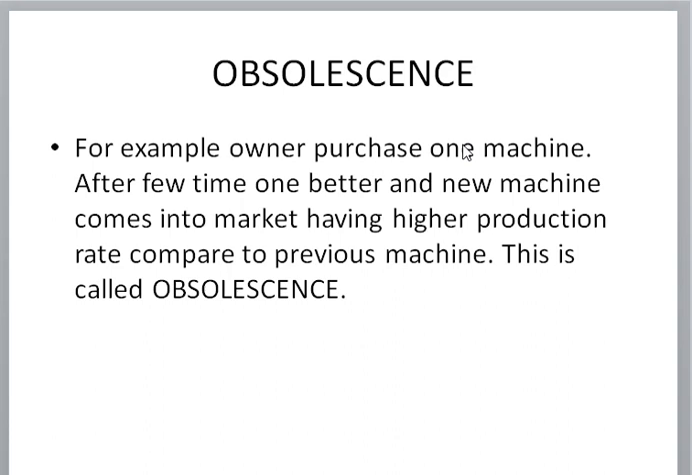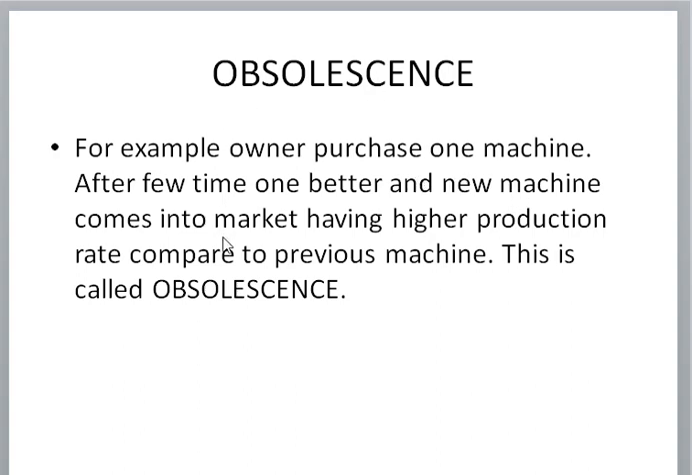So what is obsolescence? For one example, a factory owner purchases one machine. After some time passes, a better new production machine comes into the market, so that owner purchases the other machine. This machine is also efficient, and another machine which is better, developed on new technology,